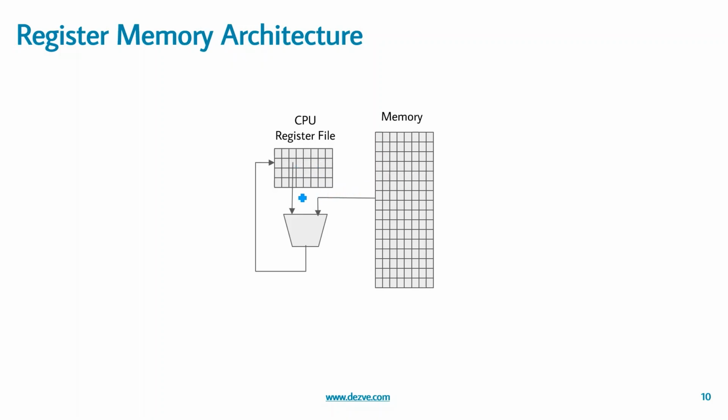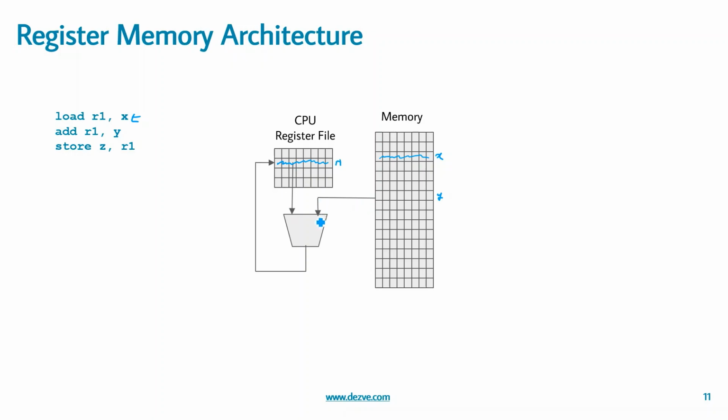So let us take an example to understand this. So we say that load R1, X. So let us assume this is the register R1, and again this is the memory X. So when we execute this line, this data is now available within this. Add R1, Y, then if this is X and this is Y. So basically in this case, if you see, one of the operands we take from the register file, and then one of the operands we take from the memory.